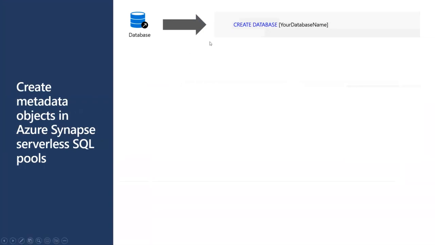So first here, you should start by creating a database, right? And then you can create other things that we're gonna see here. So for creating a database, the way you can specify that with the SQL language is CREATE DATABASE, and then you put your name with those brackets.